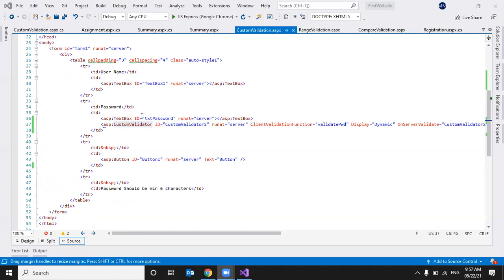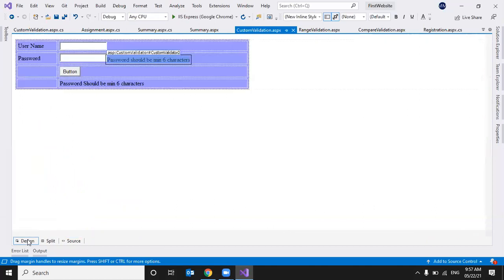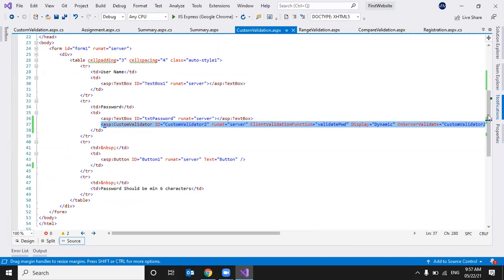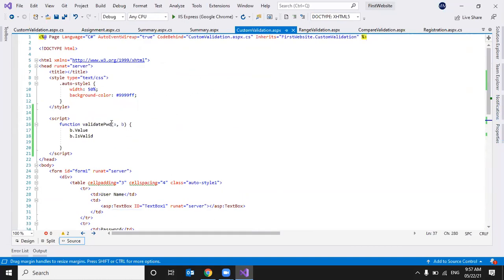Okay. So this is something different with this validation control. The custom validator will have a custom validation function to write client-side script validation. It will accept two arguments. One is the source, and another will have two important properties, value and is valid.